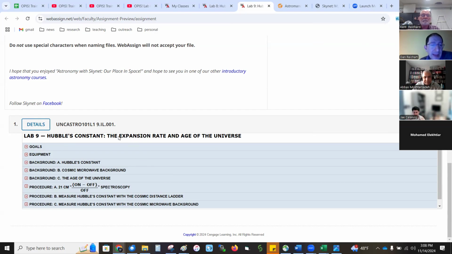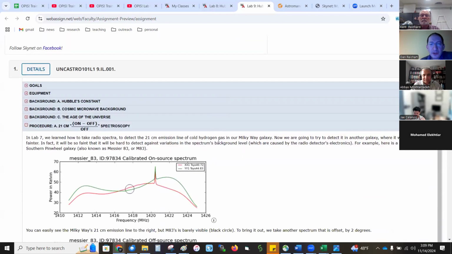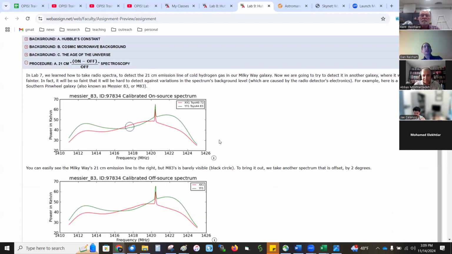But anyway, in Lab 9, we're measuring. If you're measuring Hubble's constant, there are 2 things: distances and redshifts. The easy part's the redshift. You get that from spectroscopy. The hard part's the distance. They've learned how to measure distances with Cepheids and type 1As. We're not going to make them redo that part, the hard part, but they will exercise their Lab 7 learned spectroscopy skills here. And so if we hop down to the procedure, we're going to be collecting more radio spectra